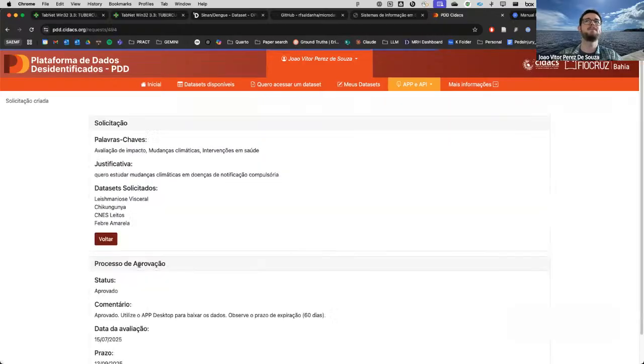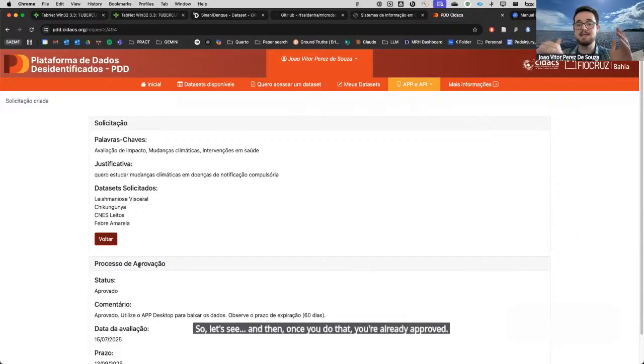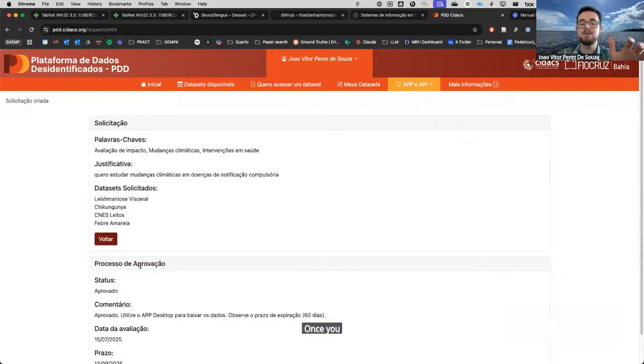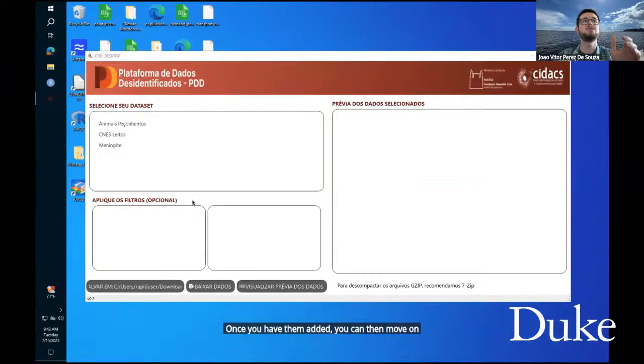So let's see. And then once you do that, you're already approved. And all of these data sets are added to your profile. Once you have them added, you can then move on to your app.